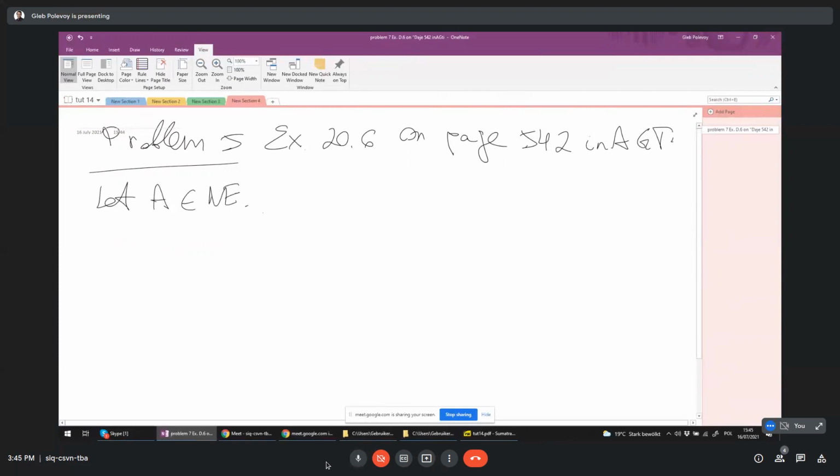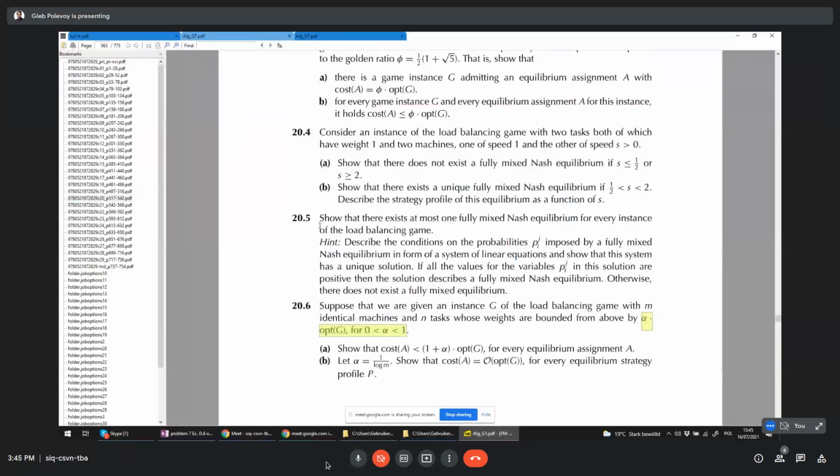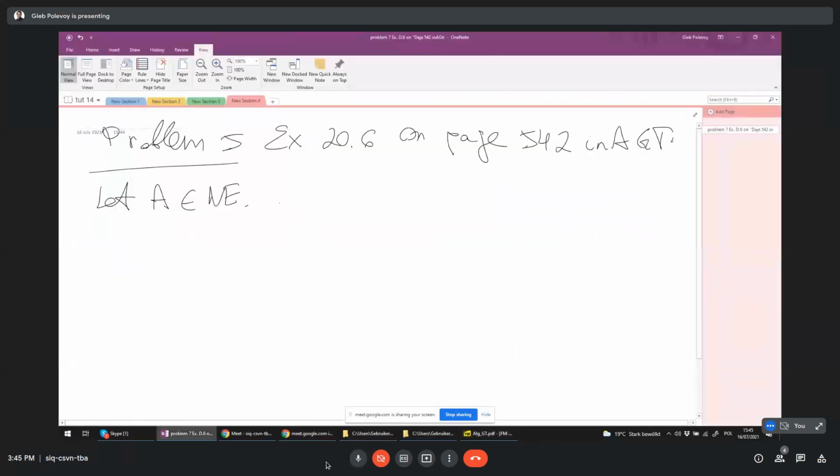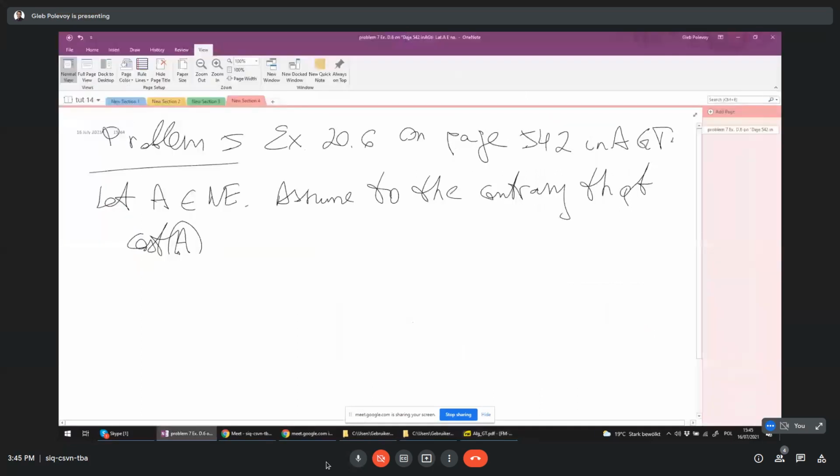Now, assume to the contrary that it's not the case, what we want. From that assumption, we are going to prove a contradiction, that we can deviate. So assume by contradiction that the cost of this A is at least 1 plus alpha